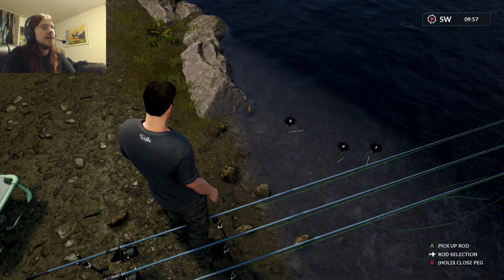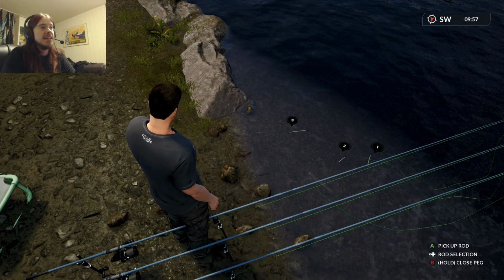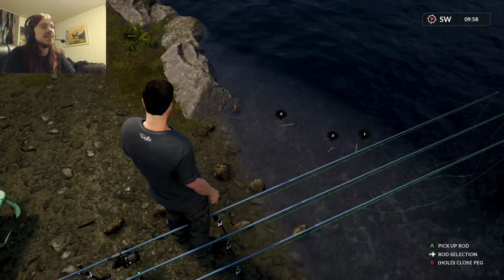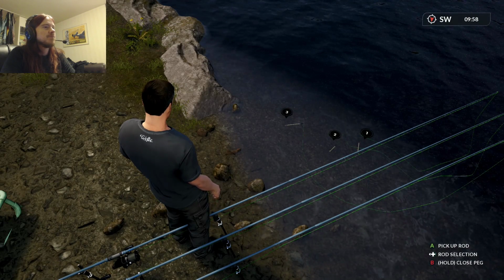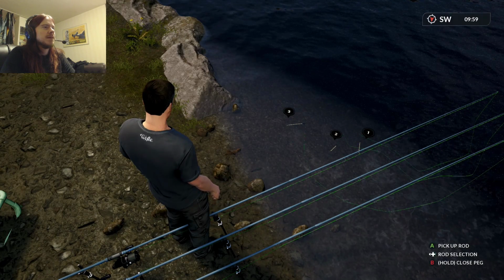But I do hope that we get a bite before they go too deep, so we can actually see the fish again, because it's always fun. I at least like it. But yeah. And I've been wondering though if